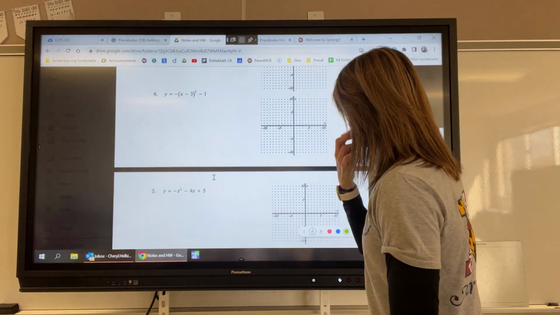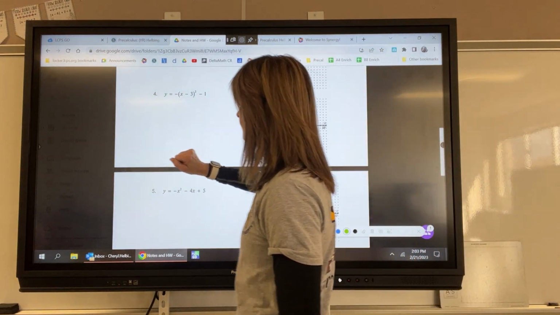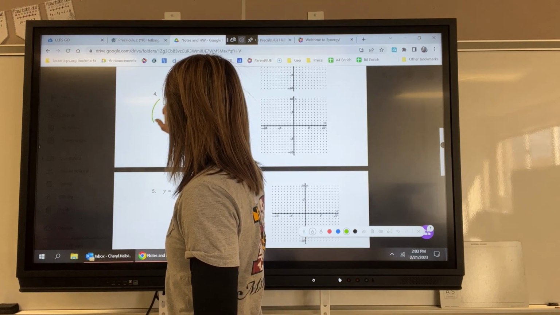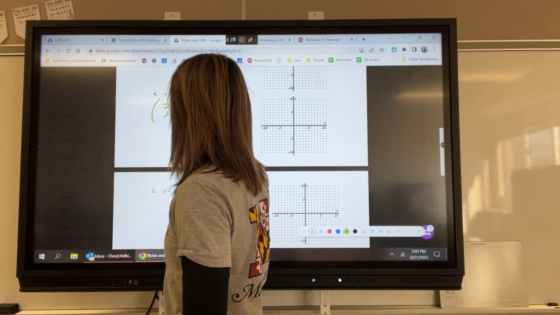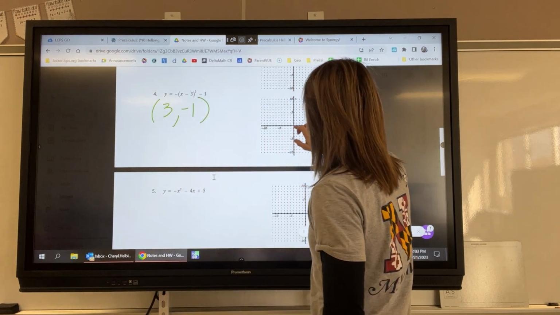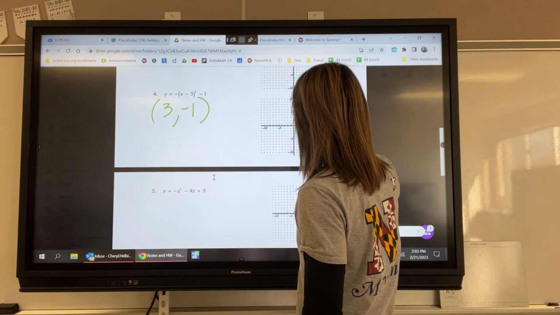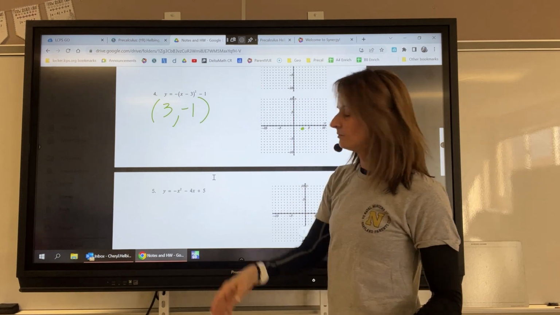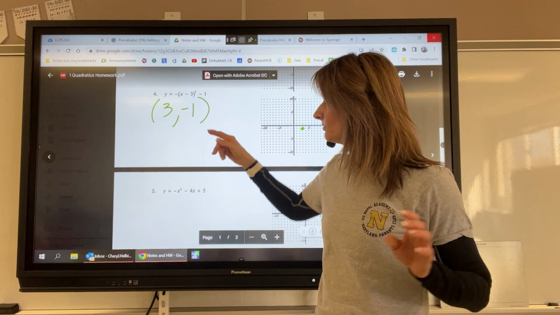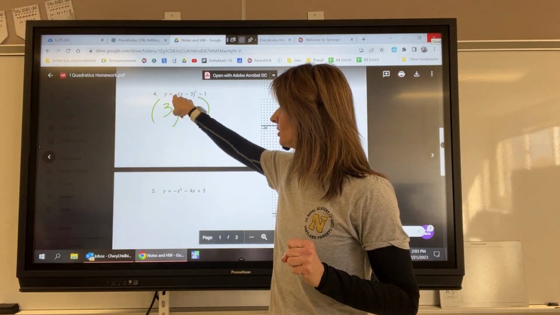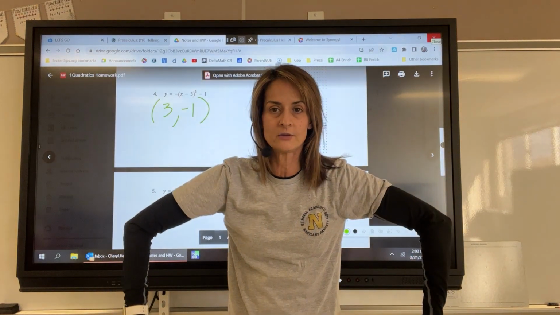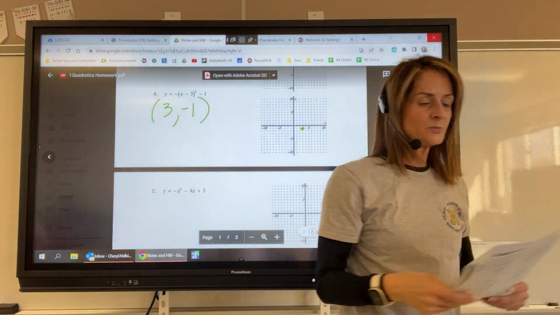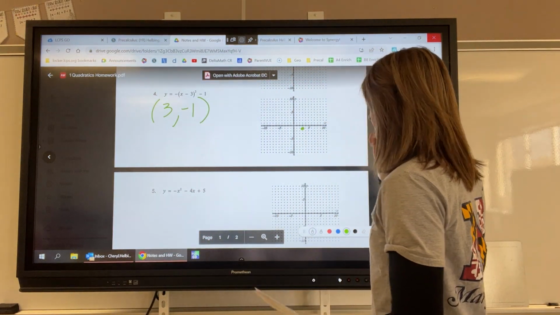Okay. So this is in vertex form. You can tell the vertex is at (h, k), so that's going to be at (3, -1), right? So we go ahead and plot that (3, -1) right there. Now we can tell that this is a parabola that opens down. The leading coefficient is negative, so it's going to be opening down. All right, so from there, we've got options. We can plot points, but I think it's probably easier